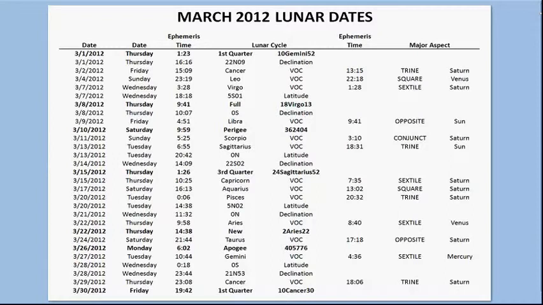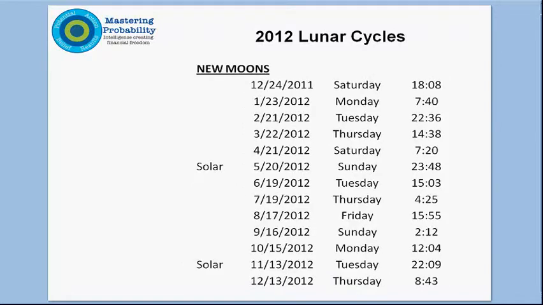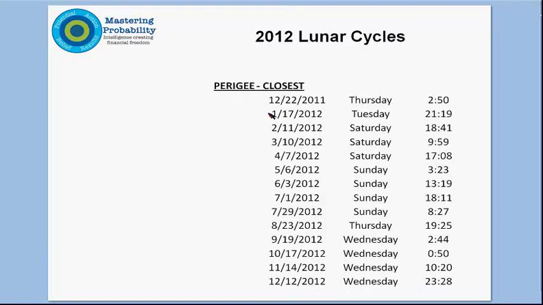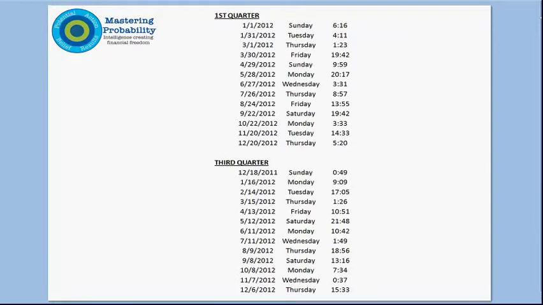Also, with regard to lunar cycles, these are the remaining full moons. Again, I'm going to click through this quickly. You can get this off of the webcast from 2 weeks ago and a couple before that. These are the new moon phases. These are all of the perigees, lunar phases for 2012, so that you can mark these on your calendar and plan for it. And then all of the apogee phases, again, where the moon is furthest from us. I also have the moon when it's on the northern equator. Here are the first and third quarter moons for 2012. And then when the moon is on the southern equator.